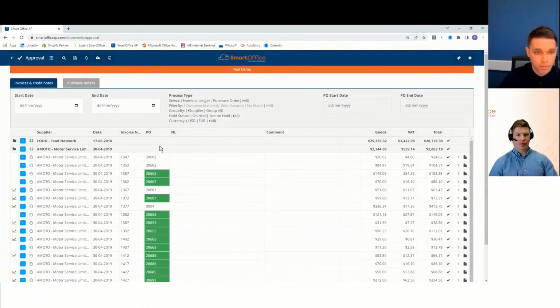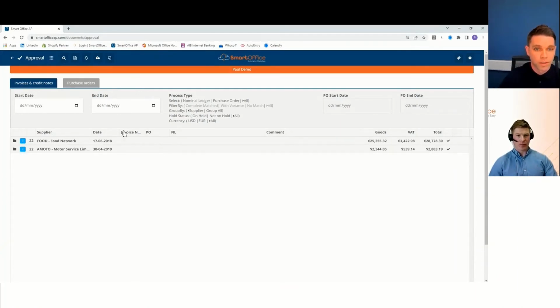But what you'll see here on the approval screen, and this is quite important here, guys, is tabular format here. So this is based on my user rules, and I can only see what's been assigned or relevant to me. Invoices and credit notes will appear in one tab, purchase orders or purchase requisitions in another tab, expenses, timesheets, debit note requests, whatever it might be. Again, when I log in the morning, I will see what's in my workflow for the day.